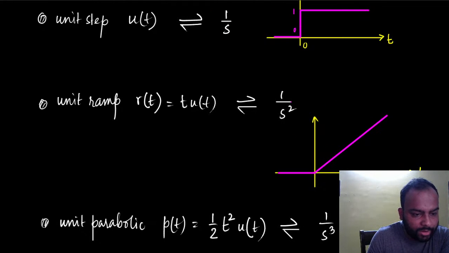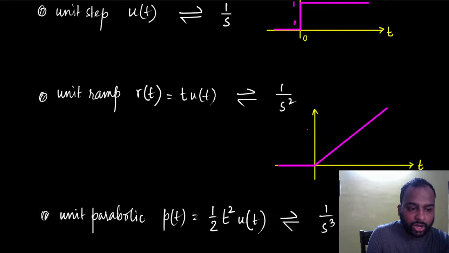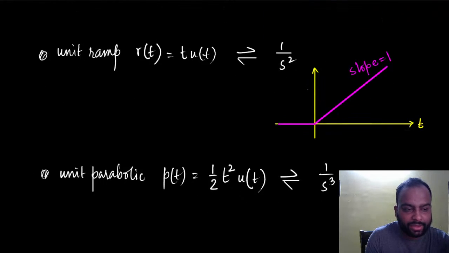So this is a slope 1 signal, and that's why it's called a unit ramp. This is called the unit step because the height of the signal is 1. It's called unit ramp because the slope of the signal is 1. So after 1 second elapses, the magnitude of the signal becomes 1. After 2 seconds elapse,